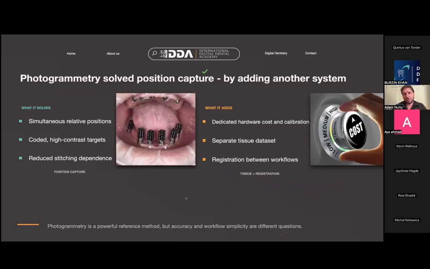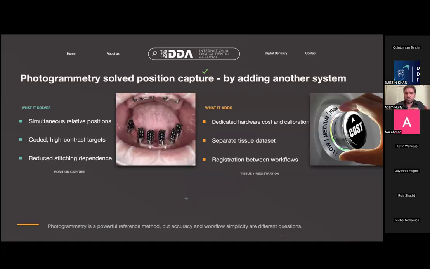to keep in mind with photogrammetry, outside of the actual real world error of it, even if that's perfect, it also creates the issue of it's identifying the position of the implant multi-units. Even if that was perfect, like I said, it still creates the issue of combining that with the soft tissue